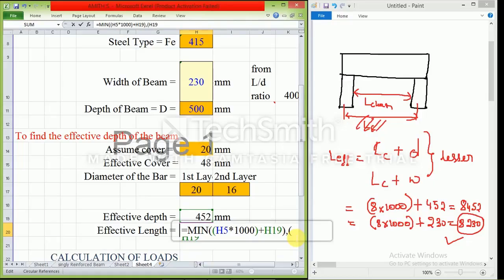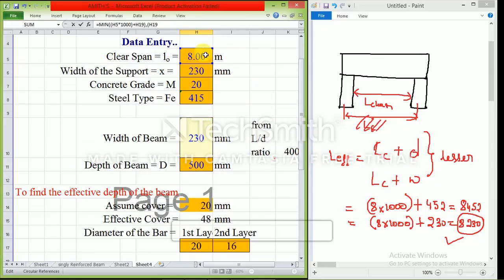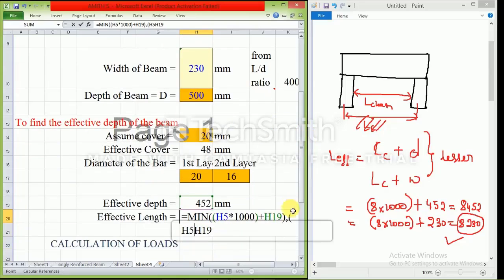I'll again open the bracket and second condition. Okay, first condition is this thing, second condition is clear span plus W, right? What is the clear span? I'm just going here and clicking upon this and converting it into mm.